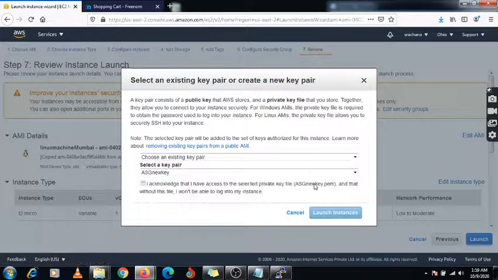Okay, I am not selecting it, because I have already created one key for the previous instance, which we created in another region. That key only we will use, because this AMI image was created from that instance, so the password is taken from that instance only. So I am going to cancel it.